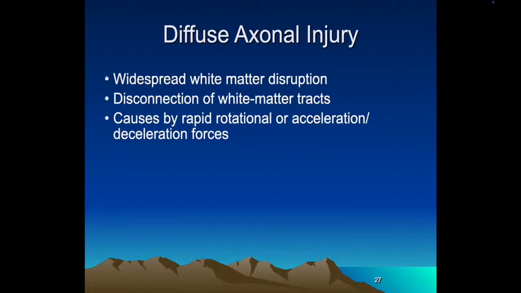Another kind of brain injury you can have is a diffuse axonal injury. Unlike the previous injuries we've talked about, where we had bleeding in different layers of the brain, this is not a problem with bleeding. This is a problem where you disrupt the white matter, the axons within the brain. Your brain is composed of a bunch of cells called neurons. The business end of that neuron is the axon. And if you disrupt a whole bunch of them, diffusely throughout the brain,